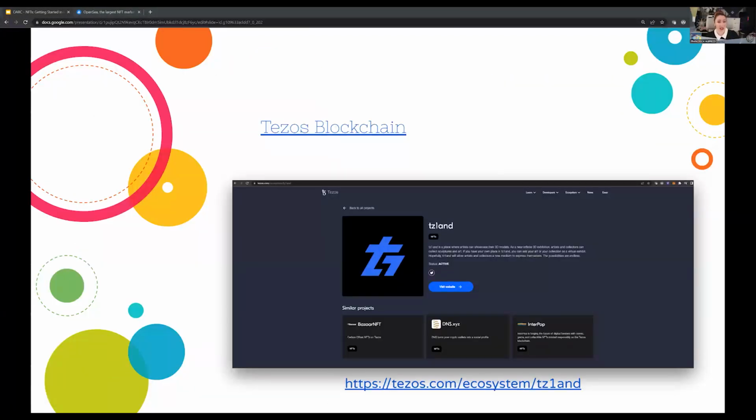Now, another blockchain that's very popular with artists is Tezos, which was developed for evolution over time. For example, Tezland is a virtual world and marketplace for 3D NFT work that is built with the Tezos blockchain.